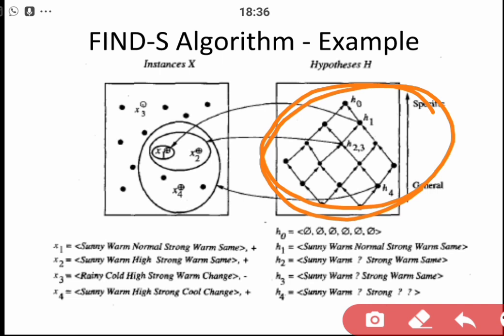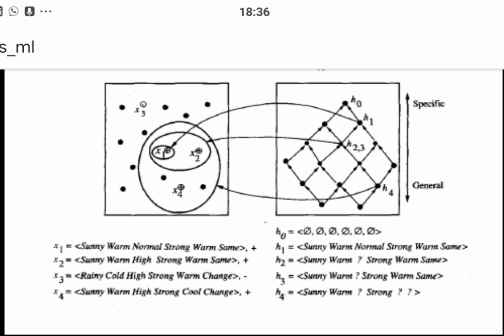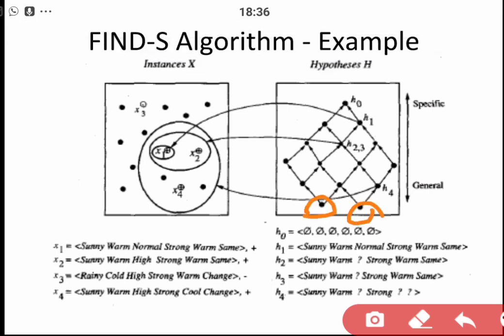That shows you that H0 is the most specific hypothesis, that means all zeros in place, and H4 is somewhere at the bottom, where we are getting two hypotheses like these two points, showing you two more most general hypotheses. This lattice may grow more also. This lattice is basically showing you all the hypotheses possible. That means all the 973 hypotheses that we have considered for this particular example will make a lattice.